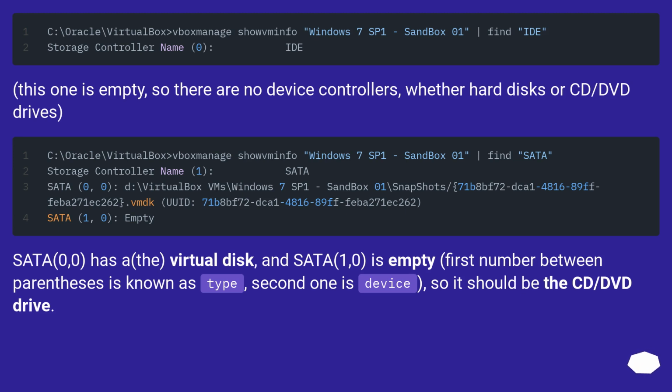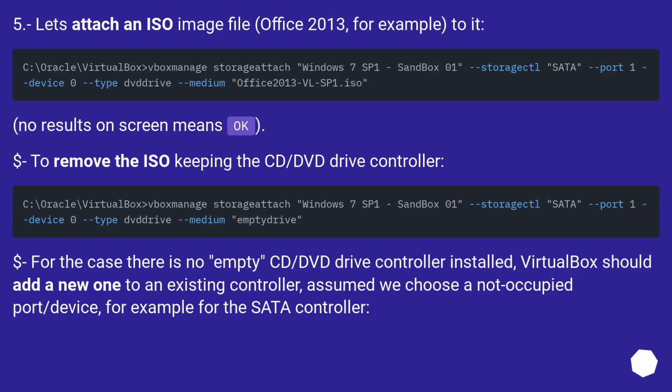SATA 0,0 has the virtual disk, and SATA 1,0 is empty. The first number between parentheses is known as the port, the second one is the device, so it should be the CD/DVD drive. 5. Let's attach an ISO image file, Office 2013, for example, to it. No results on screen means OK. To remove the ISO, keeping the CD/DVD drive controller: